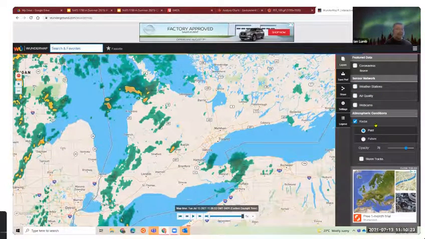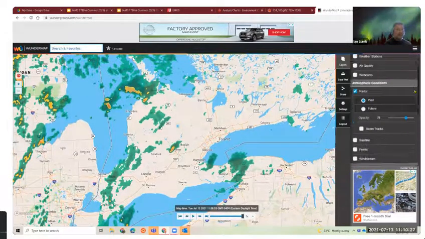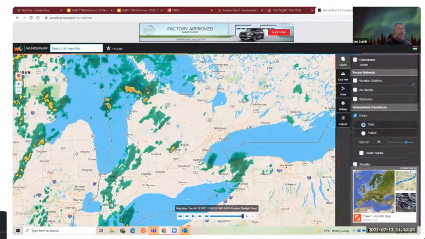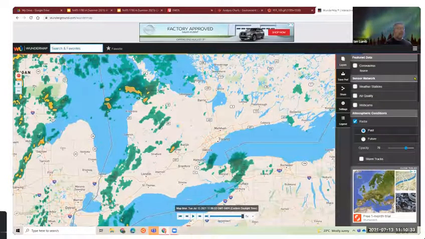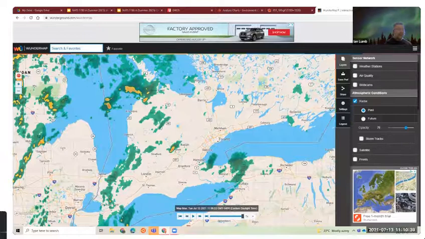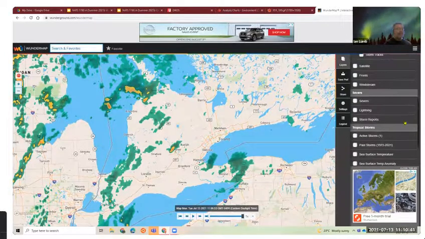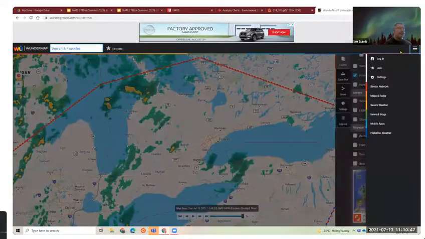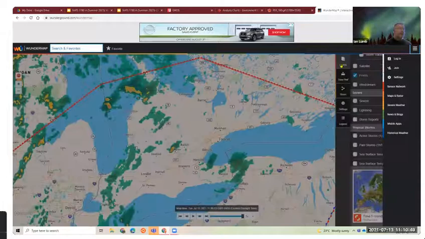But in fact, when you start looking at some of these details, what I'm doing here is clicking on certain things. I wanted to keep up the radar map, but one of the reasons I really like the Wonder Map is because it gives you the ability to turn on fronts. Okay, so now that we've got our fronts on here,